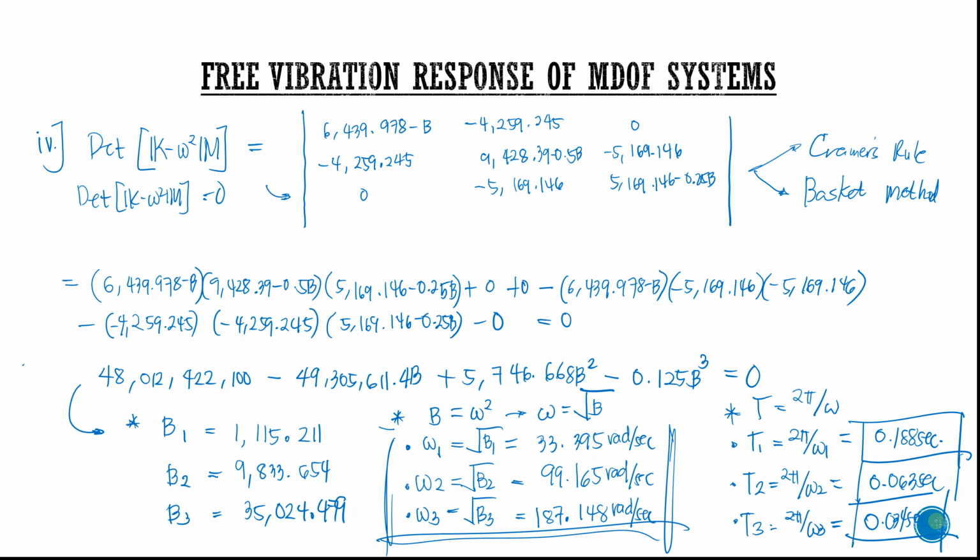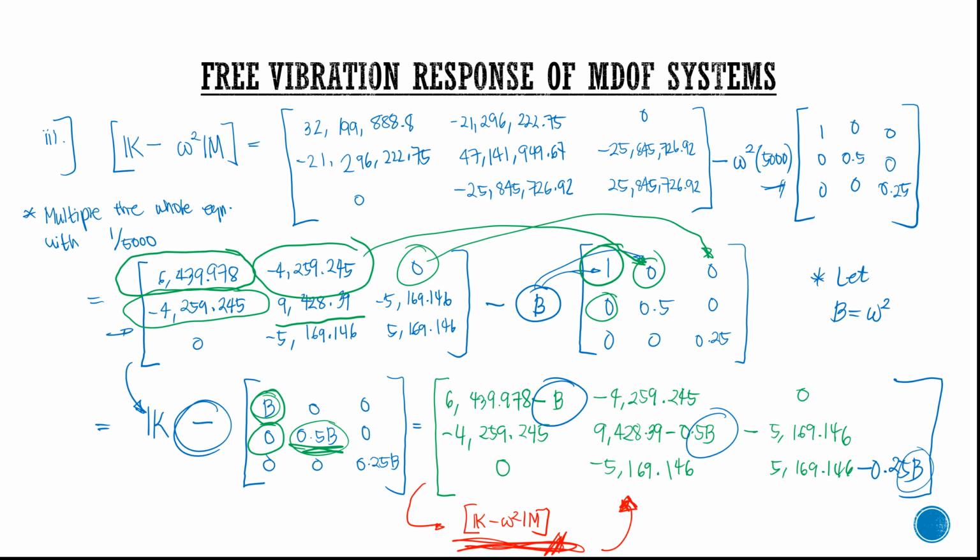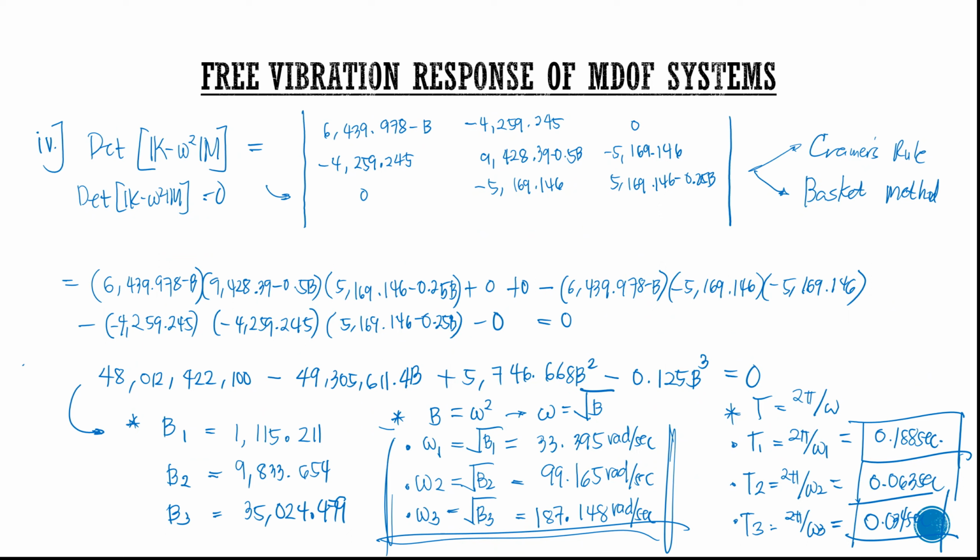So there we already are able to simplify the stiffness matrix minus omega squared times the mass matrix, and then we're able to solve the unknown B. By applying the determinant, and then from the determinant, we have a cubic equation there, and we're able to solve three roots from that given cubic equation. Then, afterwards, we're able to solve the natural frequencies, these three natural frequencies, and as well the three natural time periods. Next, we'll be able now to solve the mode shape factors of our system.